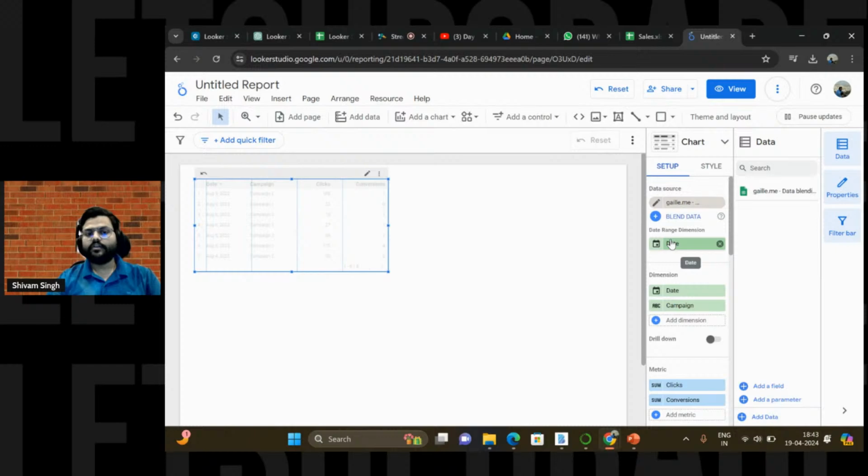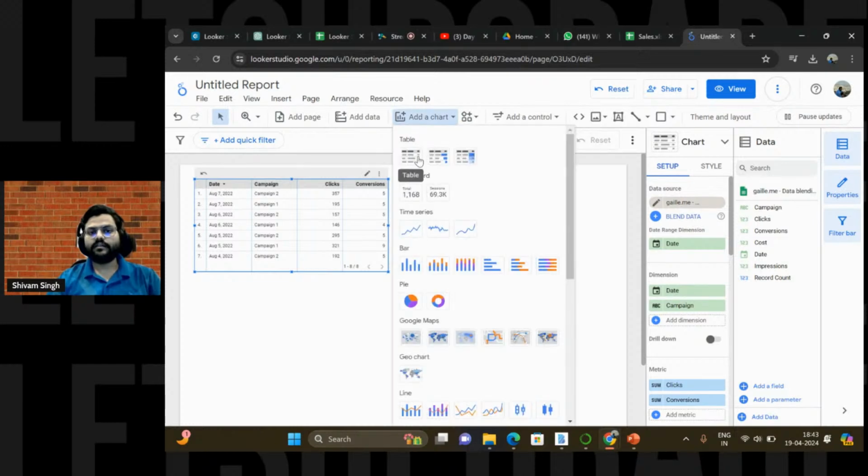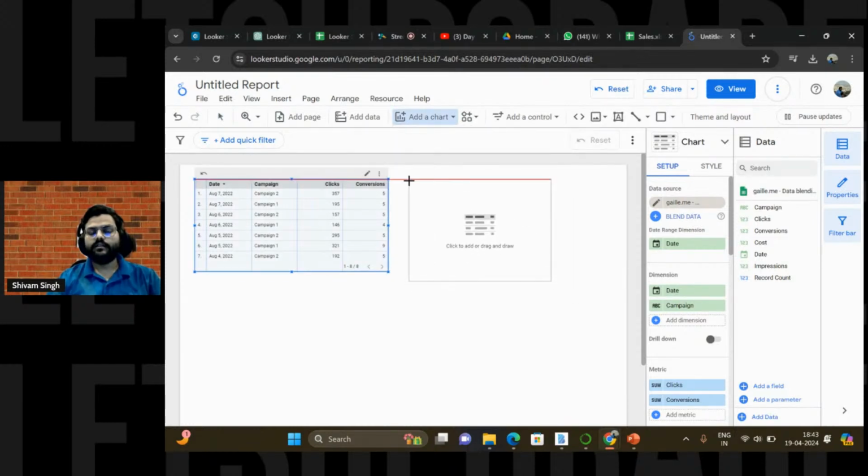And now when I click on this Facebook ad data, guys, you can see we are getting different values over here. So if you remember, guys, earlier in the conversion rate we could see only one value, the value was just one. Now we can see that the conversion value is actually 5. Okay, so what I can do is create a different chart, so that in the second chart